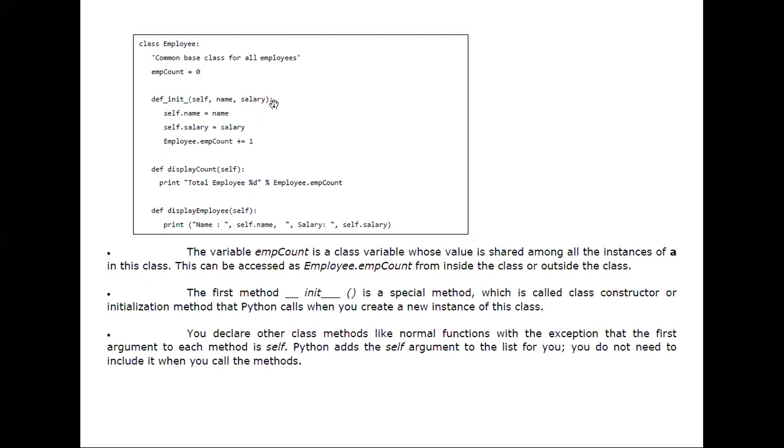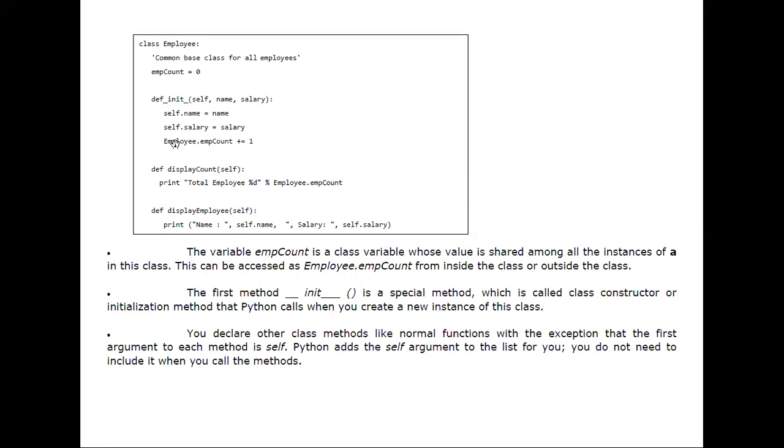I will discuss def underscore underscore init in detail in the upcoming slides. After that, self dot name, self dot salary, the name, the salary. These are some variables, and we are assigning those values to them.